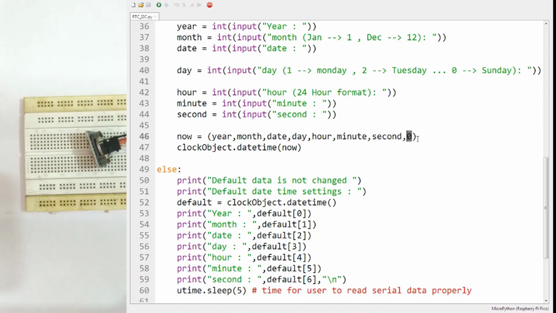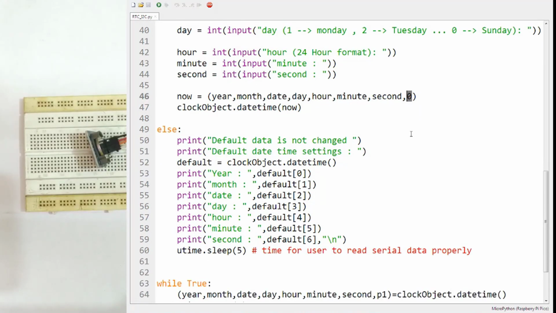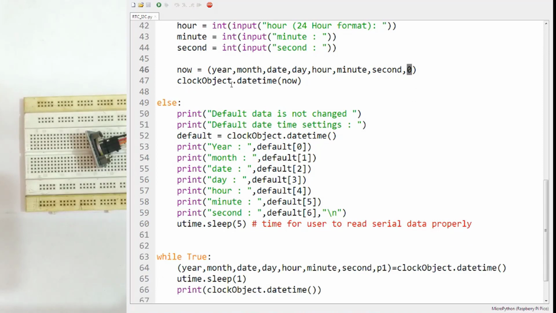And this last one is not used in the program, but you have to give it, because the library will only take 8 parameters. So you have to give it 0, or any other value, but it will not be utilized in the code. Now you have to call the datetime method on the clock object and pass this as the parameter.